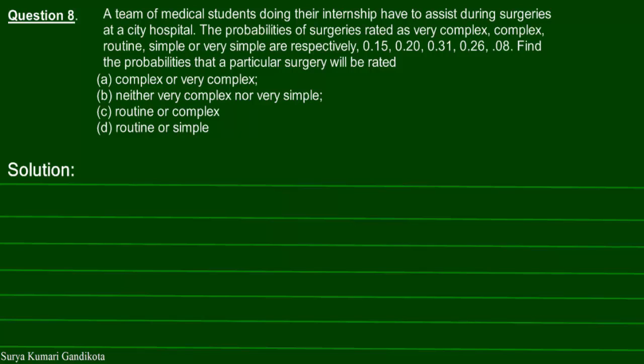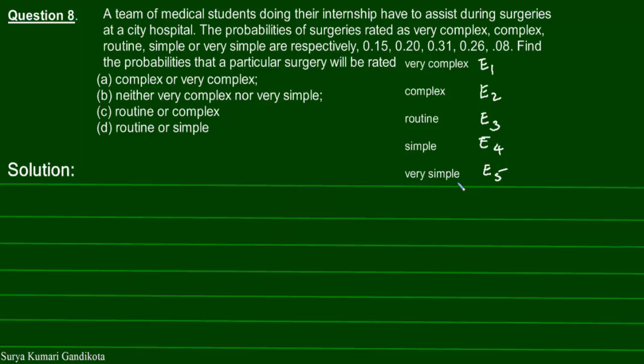In this problem, the probabilities of surgeries rated as very complex, complex, routine, simple or very simple are given here. We have to find the probabilities of these 4 combinations. Let us assume E1 to be the event where the surgery is rated as very complex. Let E2 be the event where the surgery is rated as complex. Let E3 be the event where the surgery is rated as routine. E4 be the event where it is rated as simple, and let E5 be the event where it is rated